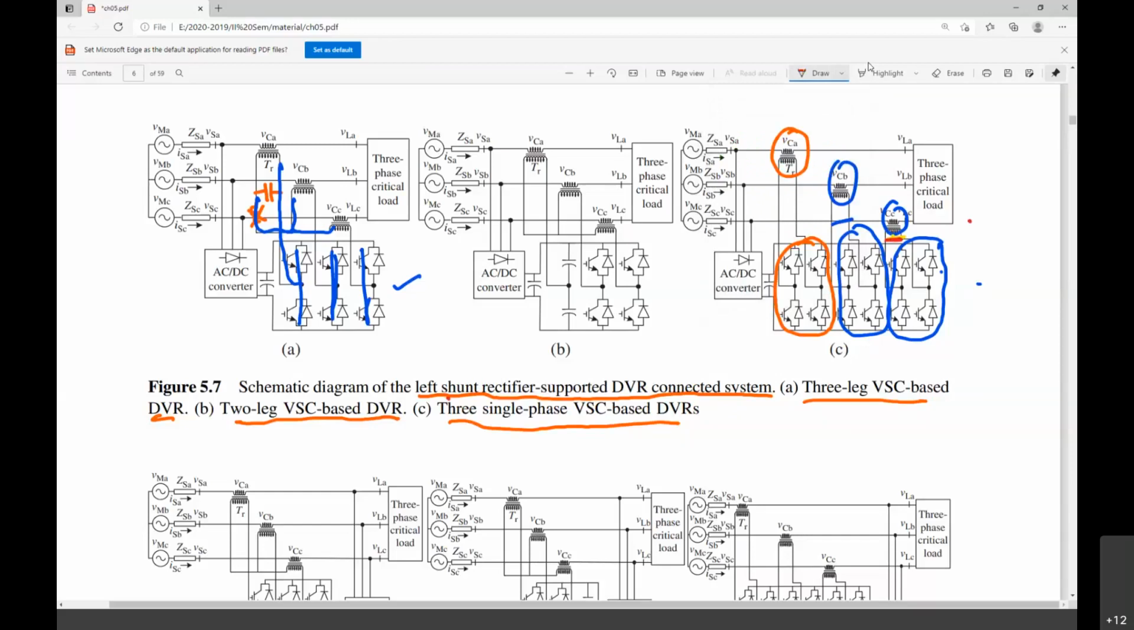This three single phase VSC based DVR is independent operation, but the problem is the number of switches is much higher. In this, I have not discussed, I just discussed the topology and how the left shunt converter looks. The inverter of the DVR is connected to the right, and for this DVR the rectifier has to be connected to the left side. That's why we are calling it the left shunt rectifier supported DVR. Now the next is